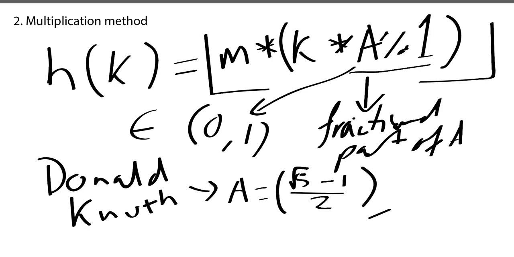And he said that this right here is a pretty good choice for a, this constant. So yeah, that's what he said, and I guess a lot of people might have been convinced, considering just the fact that he is Donald Knuth. Anyway,